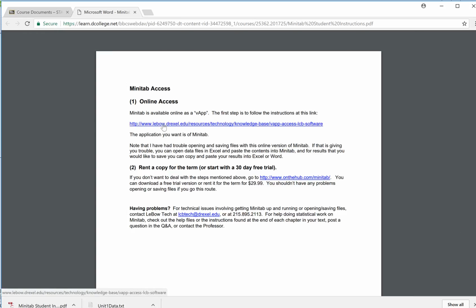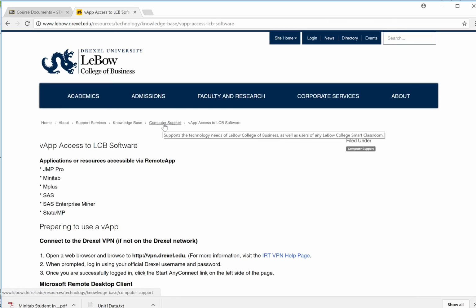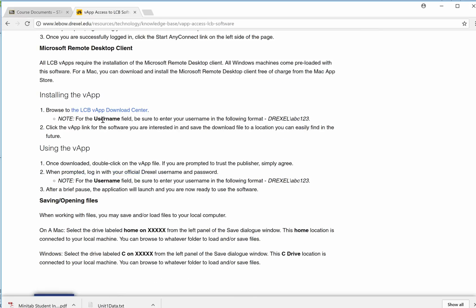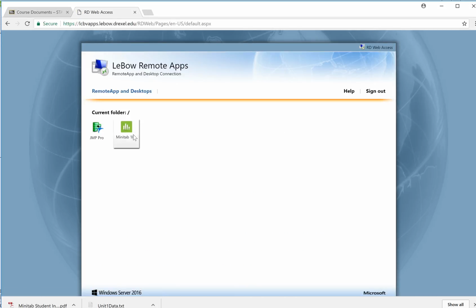And if you click on this link here, it will take you to a web page that tells you how to get that. Now your names have been given to the LeBeau Tech people, and you should be able to see Minitab when you log in. So before you log in, you need to come over here and make sure you have the Drexel VPN running, which I already have going right now. So then when you click on the VApp Download Center, you will see Minitab. So if you click on that, you will download the virtual app,